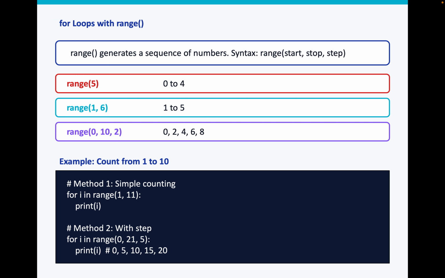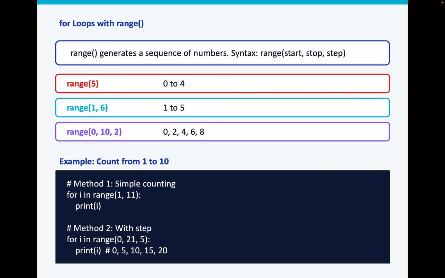And range(0, 10, 2), that is step size 2, means it will generate 0, 2, 4, 6, 8. That means we increment each time by the value 2, step size 2, and here also the end value, that is stop value 10, is exclusive. For example,